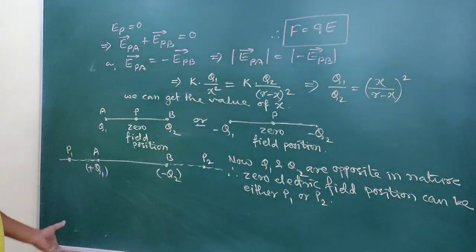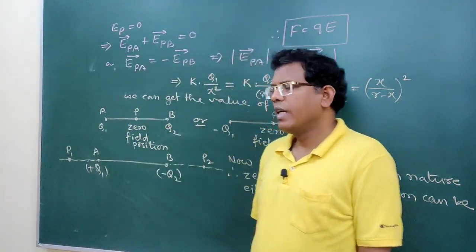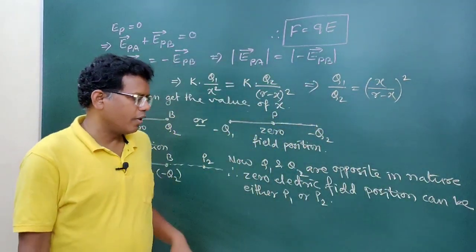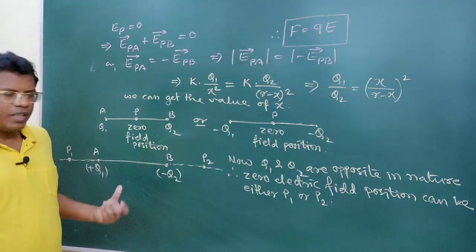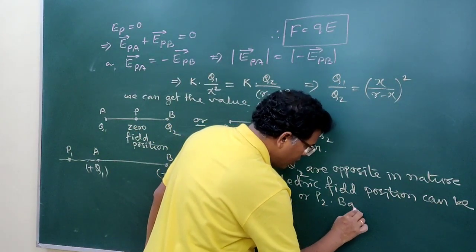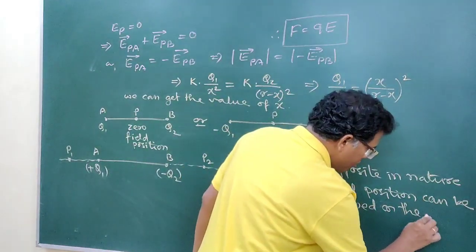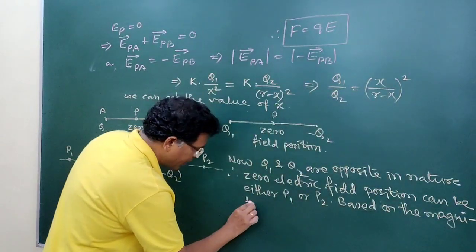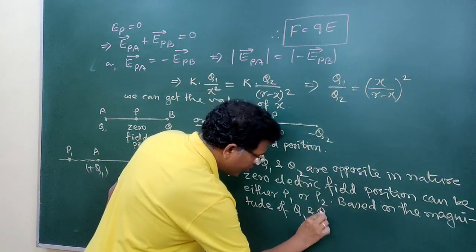But obviously two points cannot be zero in one particular case. It can be either P1 be the zero position in one case, or P2 be the zero position. So when they are opposite in nature, based on the magnitude of Q1 and Q2,